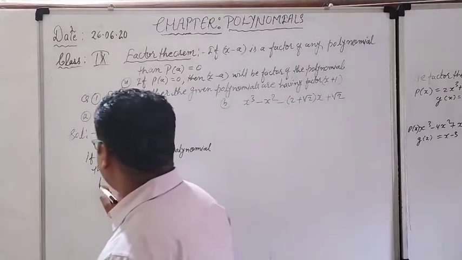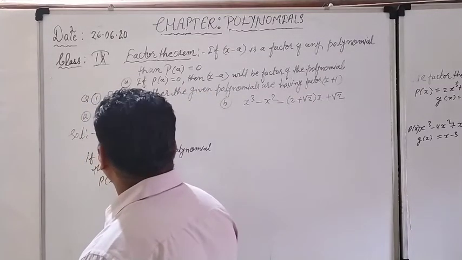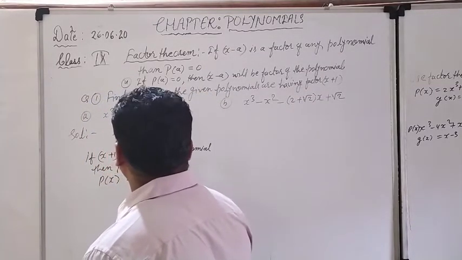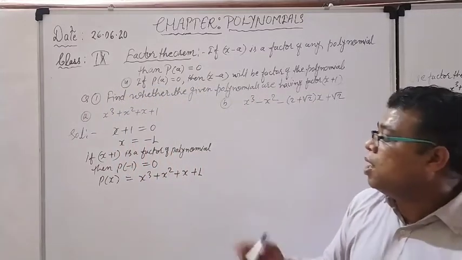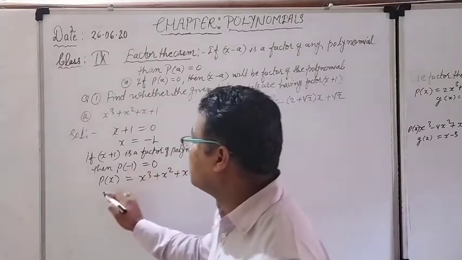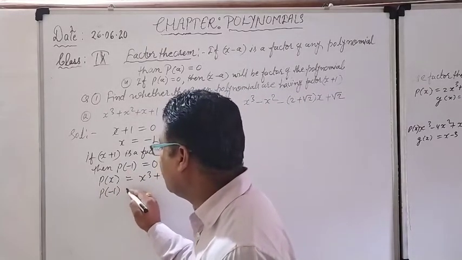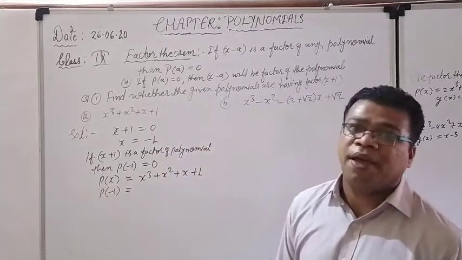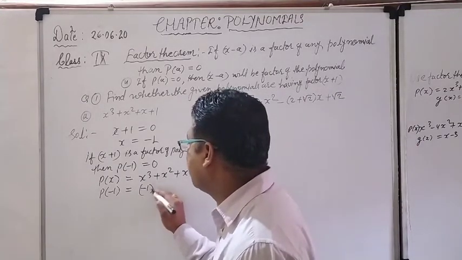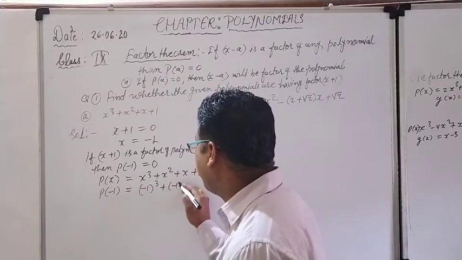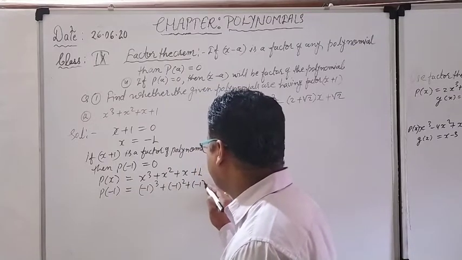Right, now see what is given to me in the form of p(x). You can see x cube plus x square plus x plus 1. This is given to me. What I have to do? I have to calculate p(-1). What is the meaning of p(-1)? The value of x I have to fill as minus 1 here. Nothing else. Wherever x is coming, we have to fill minus 1. That you can understand, it is a very easy process.